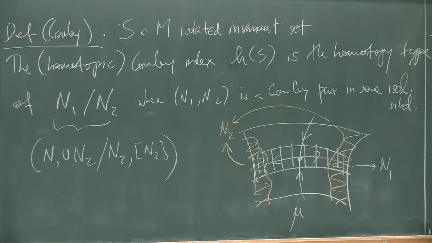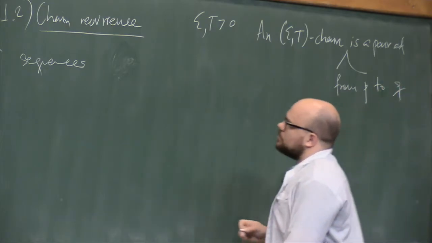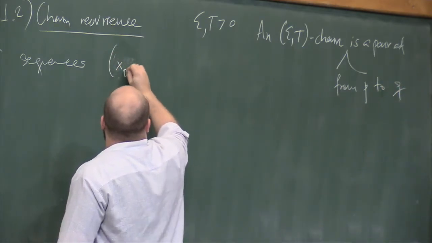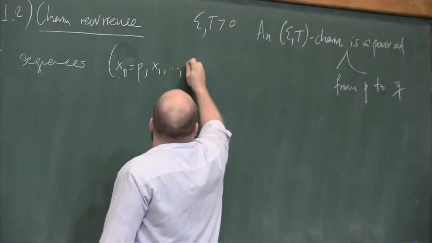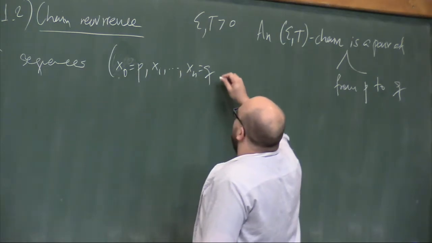Okay. So I give you two positive numbers, epsilon and t. An epsilon-t chain is a pair of sequences. Let's say an epsilon-t chain from P to Q is a pair of sequences starting at the point P, ending at the point Q, plus a bunch of numbers,